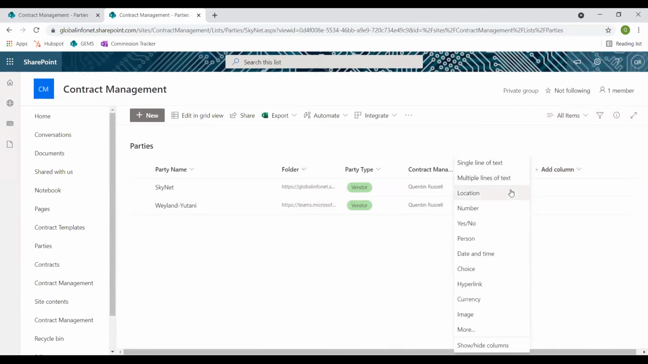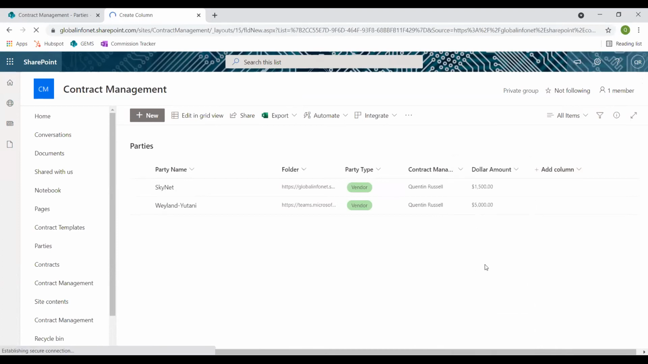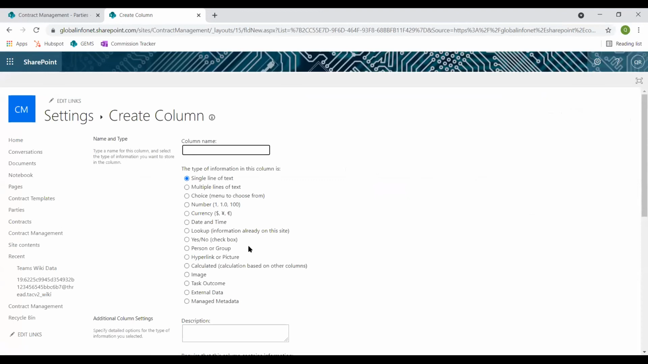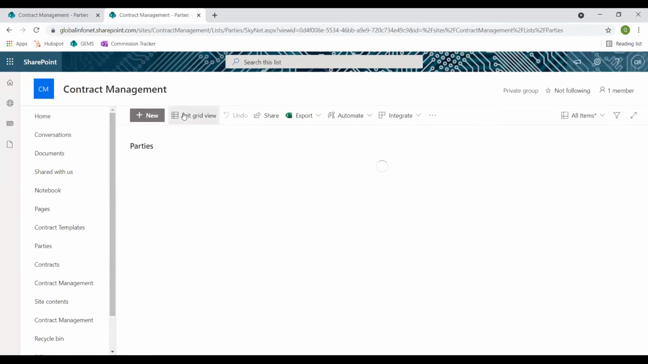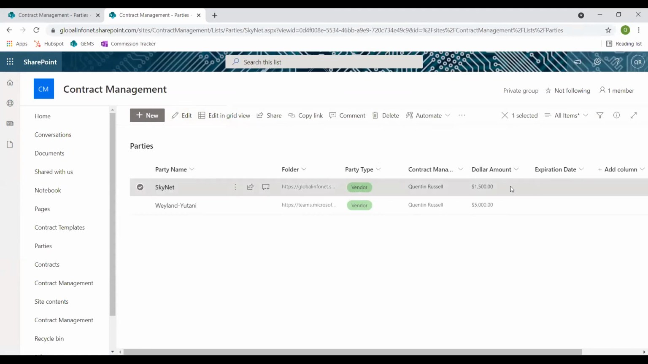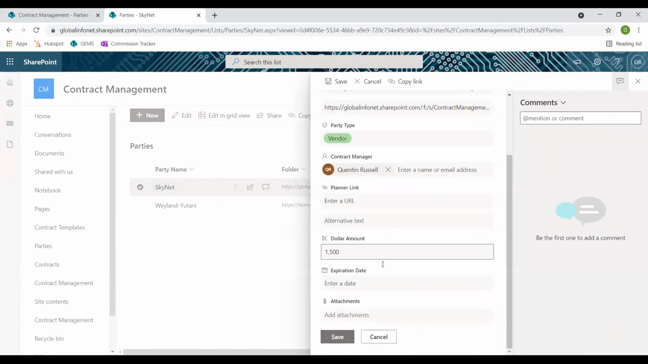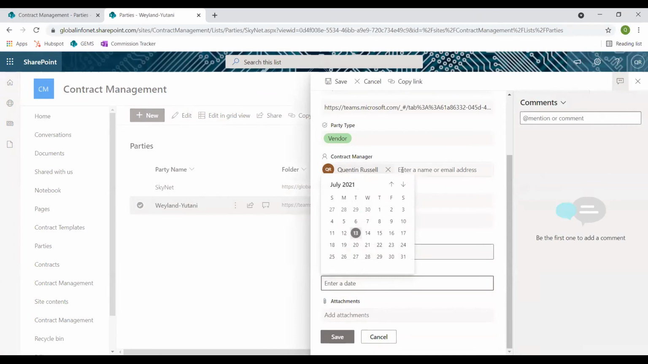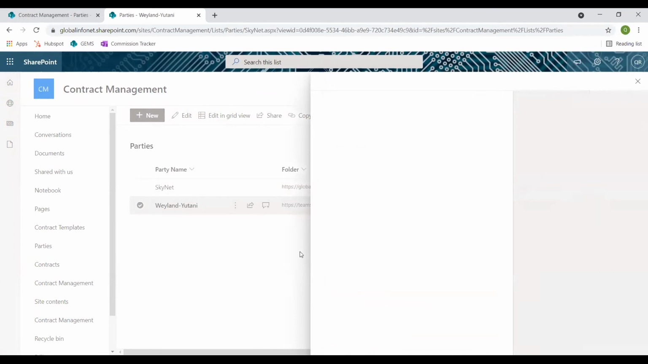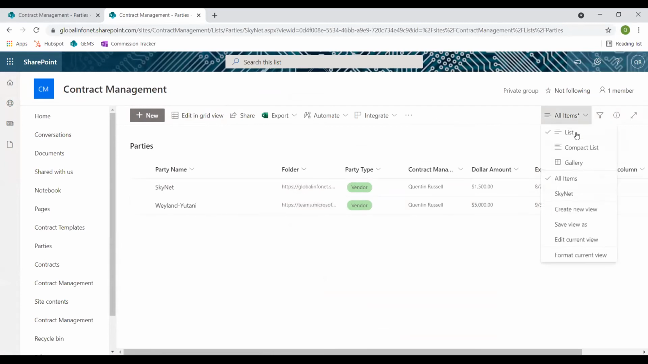So we've added this information, and we can also add others. For instance, say you want to add something like, let's go date and time, contract expiration date. So we'll add this information, add an expiration date in here. We'll say the expiration date is the 27th, save that information. For this one, the expiration date is the 30th. Then going back to the views real quick,